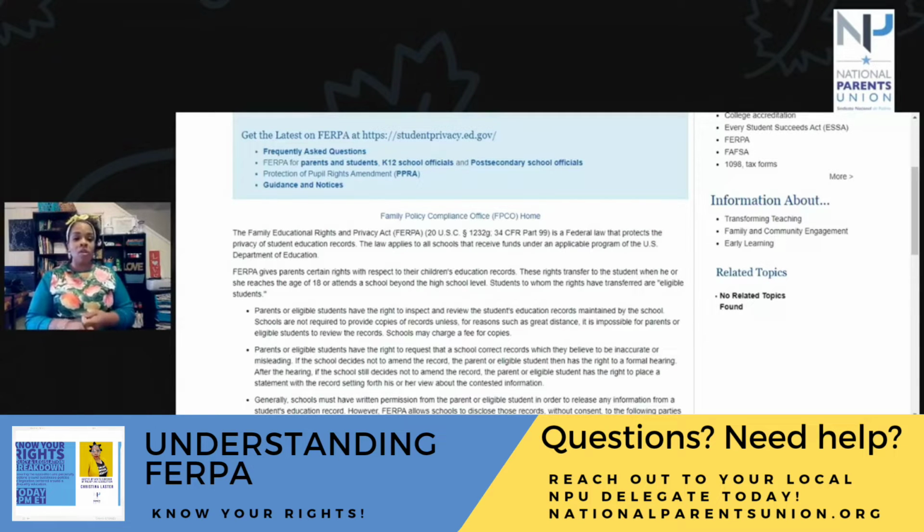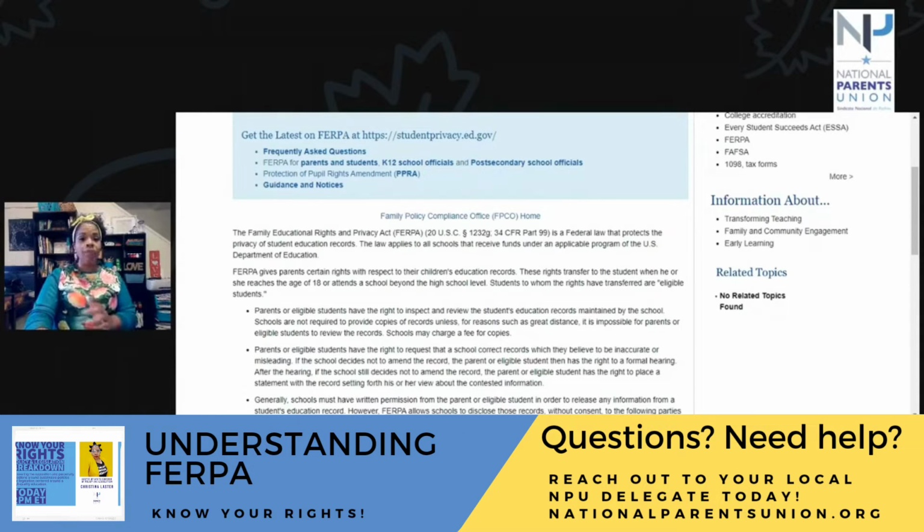If you are not receiving a permission slip or whatever your school calls it, or authorization to disclose information every year, you need to be questioning that practice. Like, wait a minute, I need to find out what permissions I need to grant and what permissions I want to revoke. And I also would like to know who the third parties are that you're sharing my students, or if you're a student, information with.